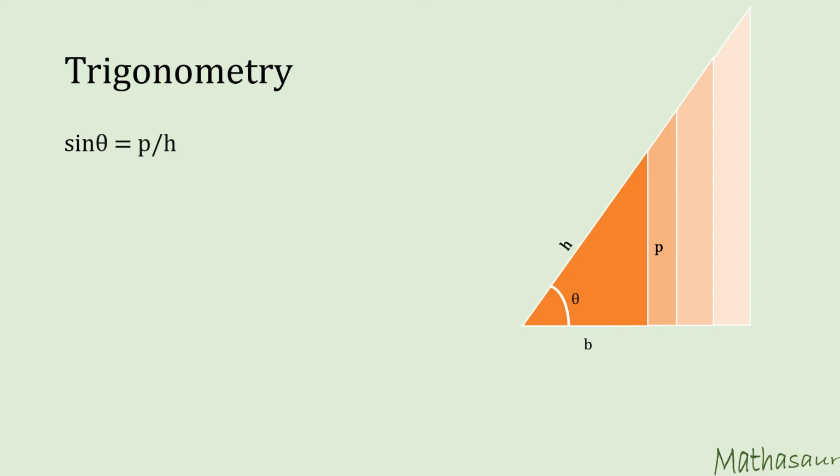Now study of the ratios of the sides of such right triangles is known as trigonometry. So the ratio of perpendicular is to hypotenuse or p upon h is known as sine of the angle theta. The ratio of the base is to hypotenuse is known as cosine of the angle theta or cos theta. There is another ratio called tangent of theta, which is the perpendicular upon base. It is also equal to sine theta divided by cos theta. So it's a ratio of ratios.